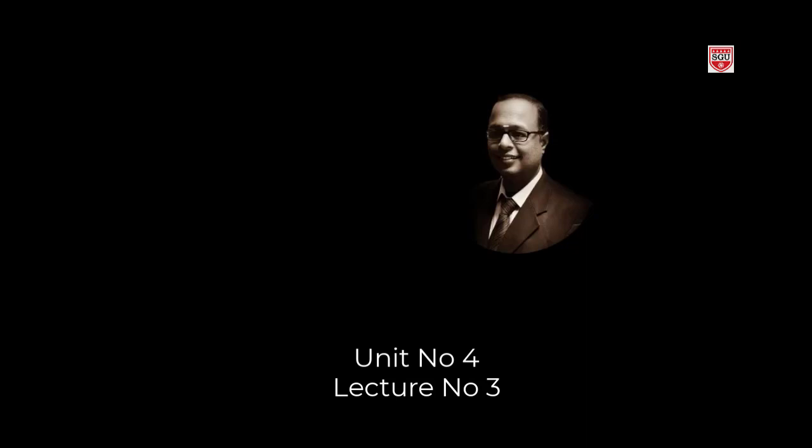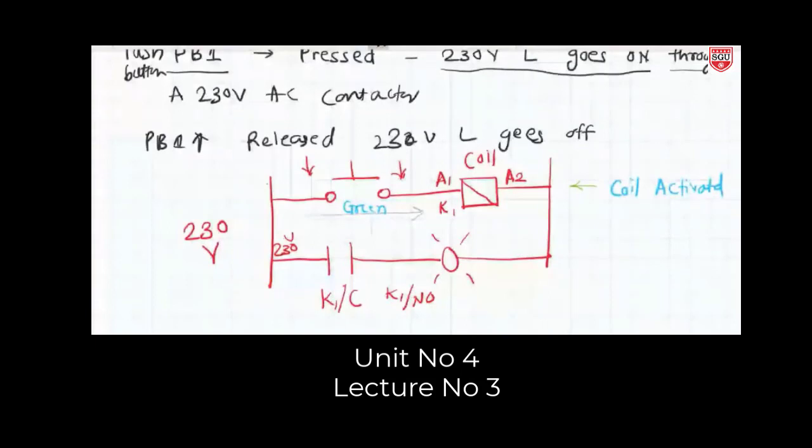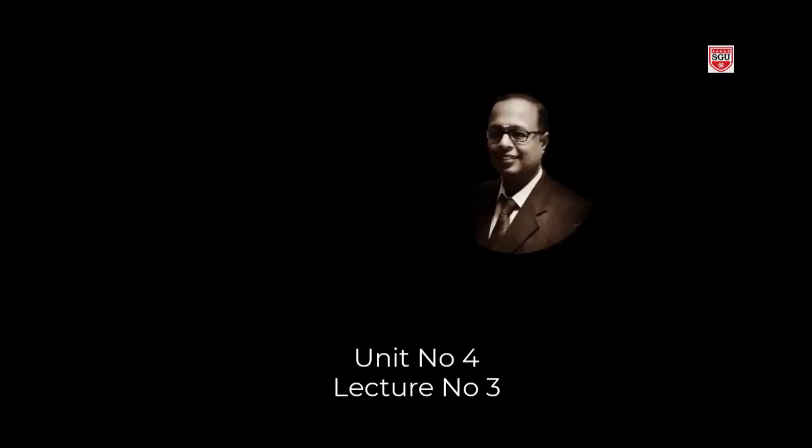of a contactor, and it is K1 of NO. This is the position, and I will put the bulb here, connected to 230 volt. This is a switch of this contactor. I will make one in the next lecture and directly show in a practical way how that contactor looks. In our lab we have that contactor too. So when this coil is activated, this NO will become NC, and the bulb will turn on.